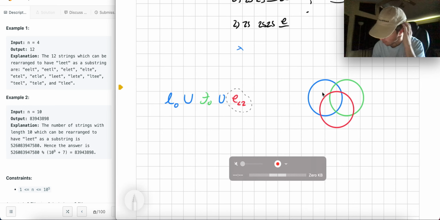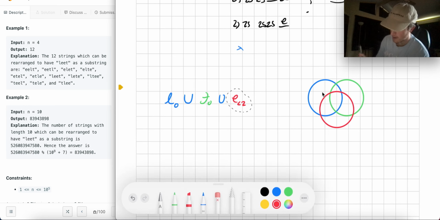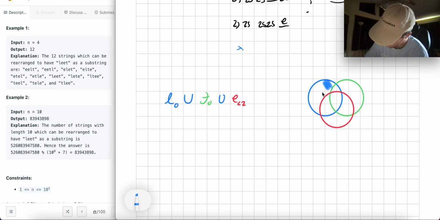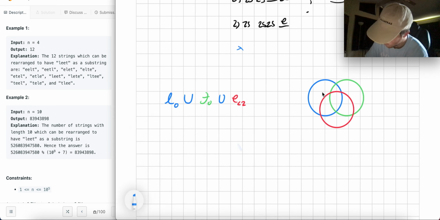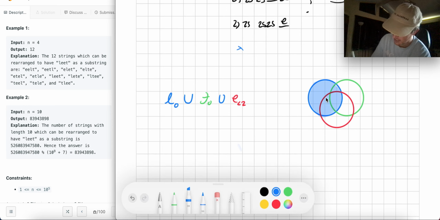So how do we figure out what this is, right? Because what I want is the sum of all these things together, right? So what I might first say is, well, I want L. So I'll take all of L. Let's make this lighter. Okay. So I want all of L here, right? This blue circle. Because I want L and I want T and I want E. I want those things together. I want all three of those cases, but I don't want to overcount these areas where they share, right? So this L or T or E,